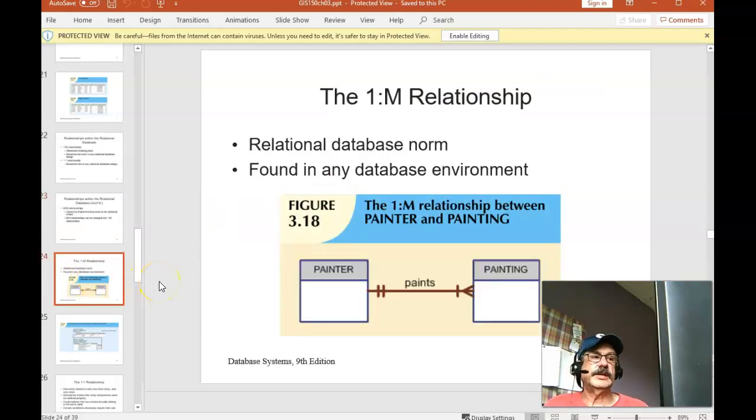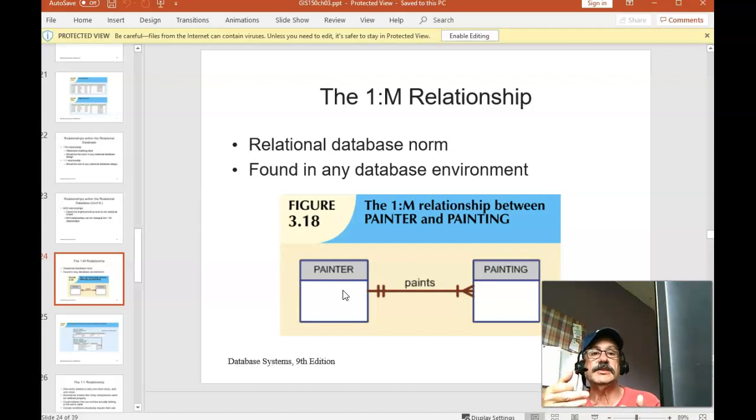So, one-to-one relationship, a painter paints a painting. No, I'm sorry, this is one-to-many. A painter paints a painting, and then we talk about business rules. You look in this direction: a painter paints, and because we have the crow's foot here, many paintings. A painter may paint many paintings, but every painting is painted by only one painter. So when you look at this ERD,